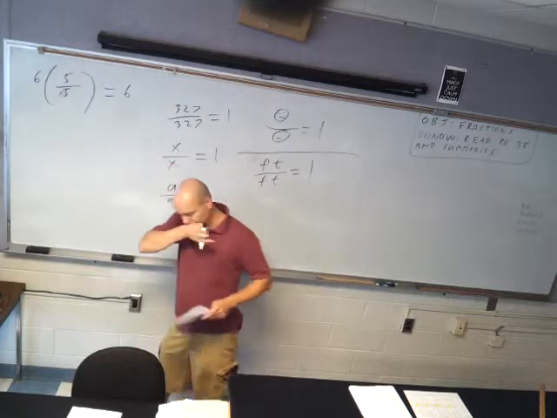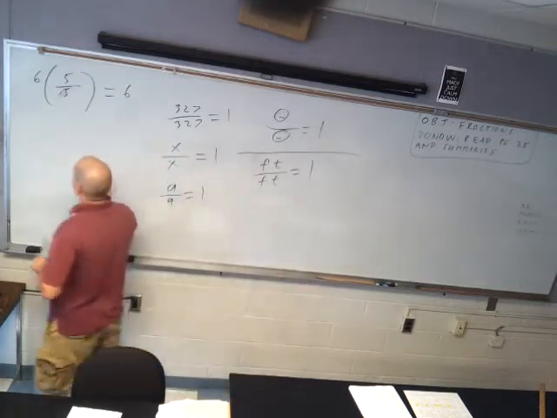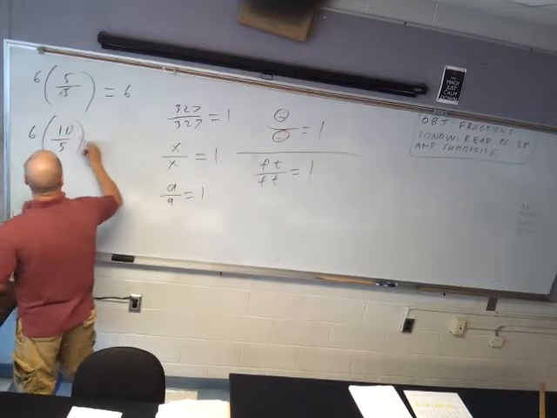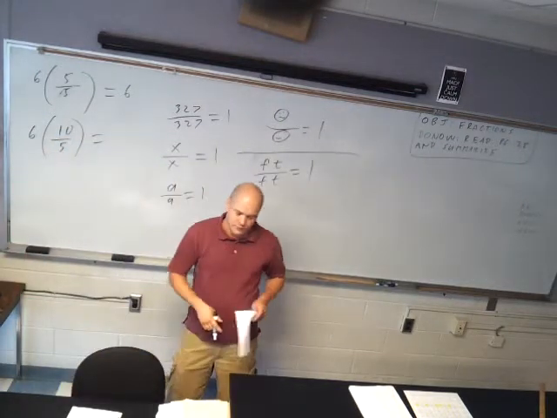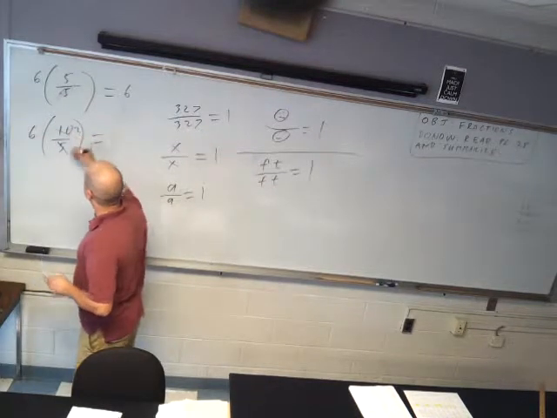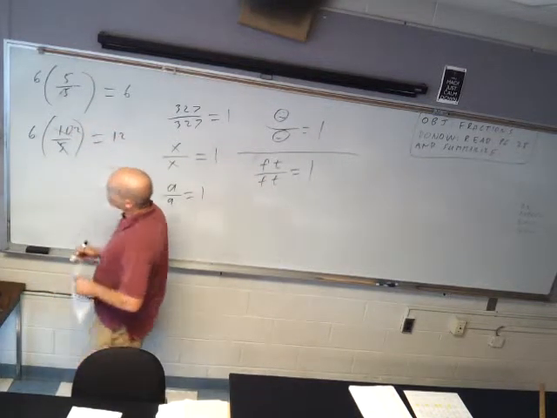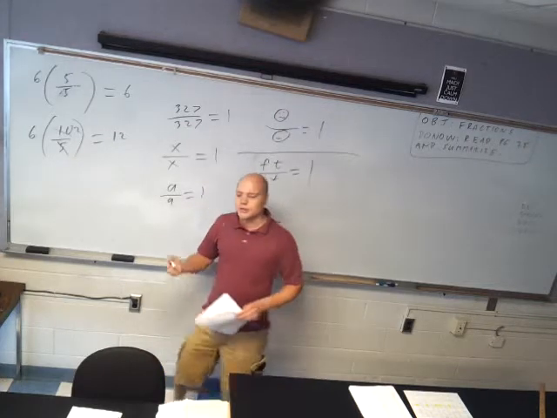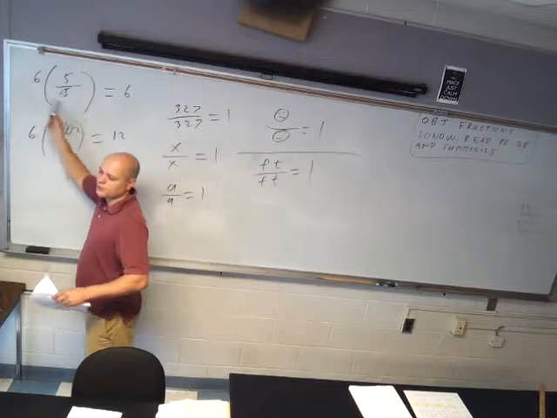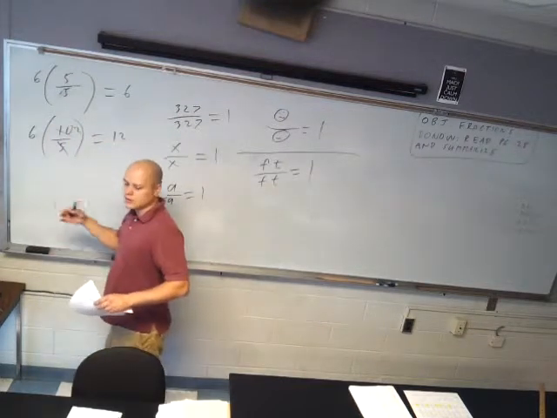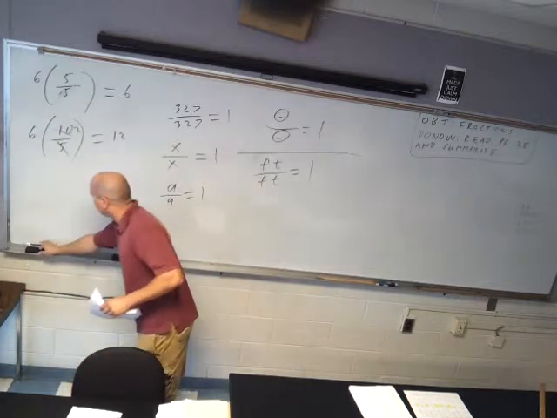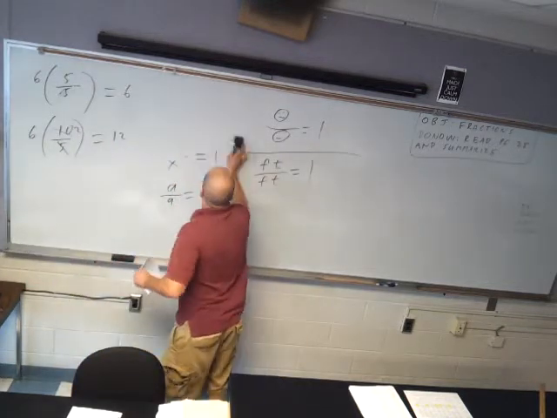All right. About 12, right? 10 over 5 is 2, right? So that's 6 times 2 is 12. Remember, when you multiply a number times a fraction, right? This is 6 times the top. We never multiply times both the top and bottom. I see that mistake sometimes. Students think it's supposed to be multiplied times both of these. It's not. All right. Let's do something like